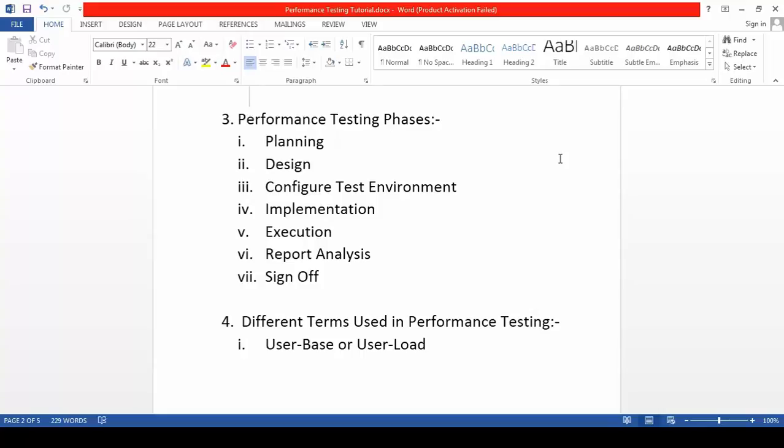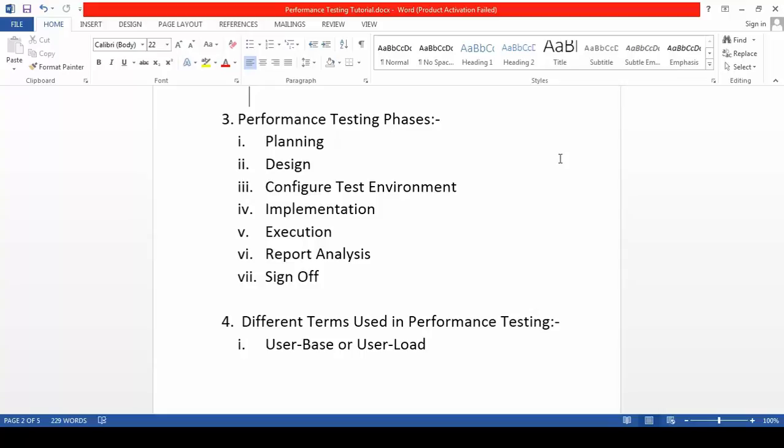Okay, second phase is the design phase, where you are going to design or create your master test plan, where you will be defining your scope, your objective, your scenarios, your exit criteria, entry criteria, everything.